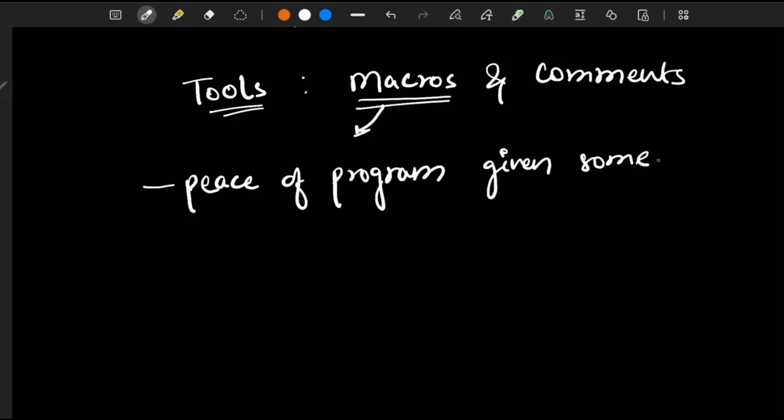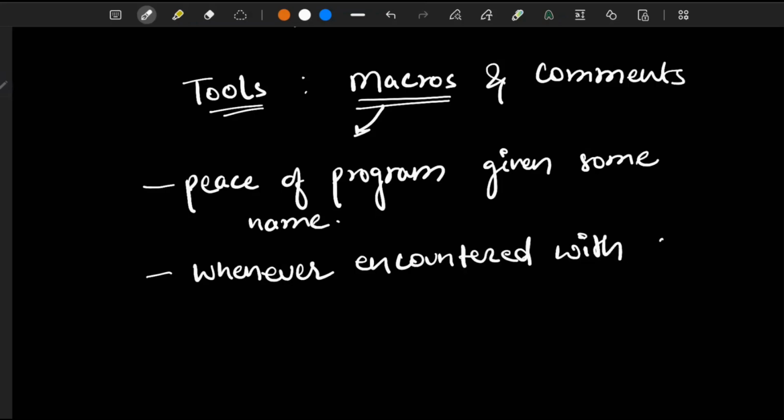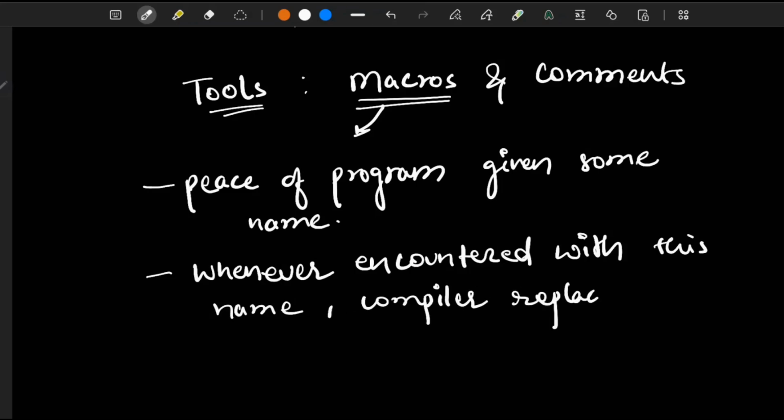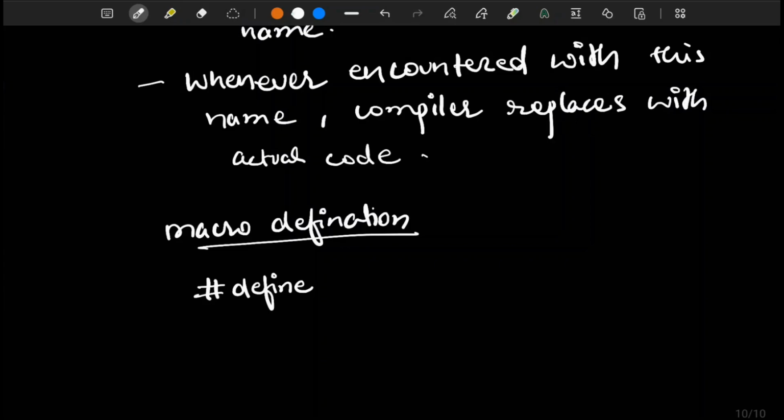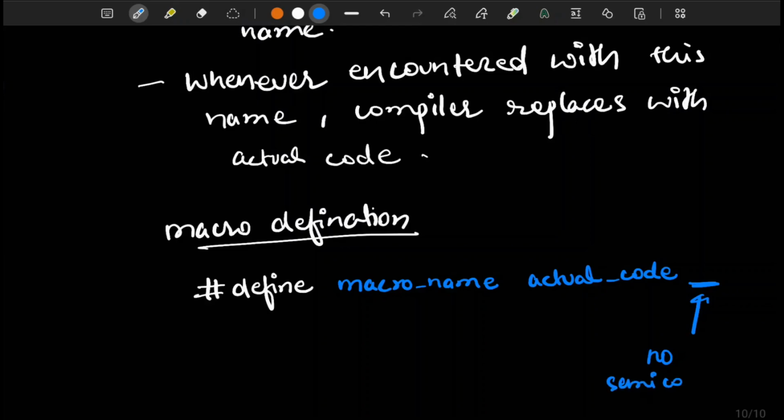Whenever the compiler encounters this name, the compiler replaces the name with the actual piece of code, and it is defined using #define. At the end of the macro definition, there is no semicolon used. Okay, so now taking an example of a macro.